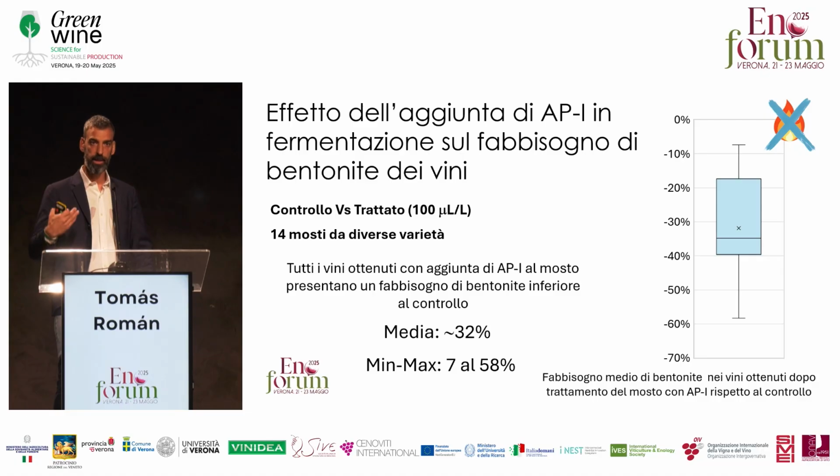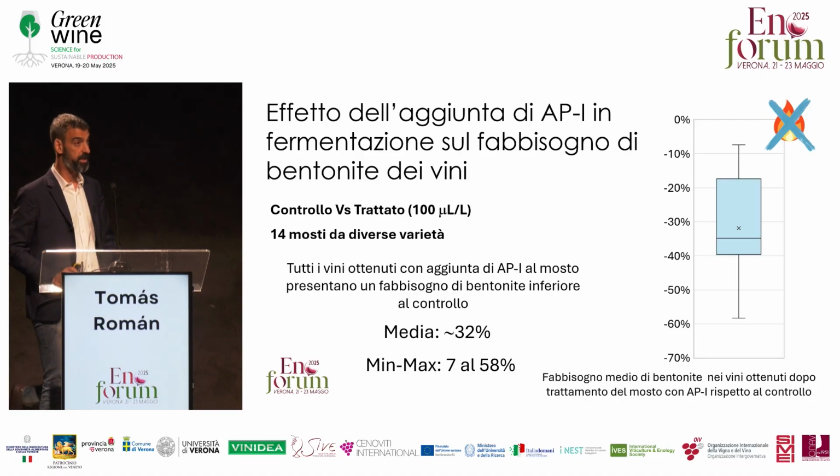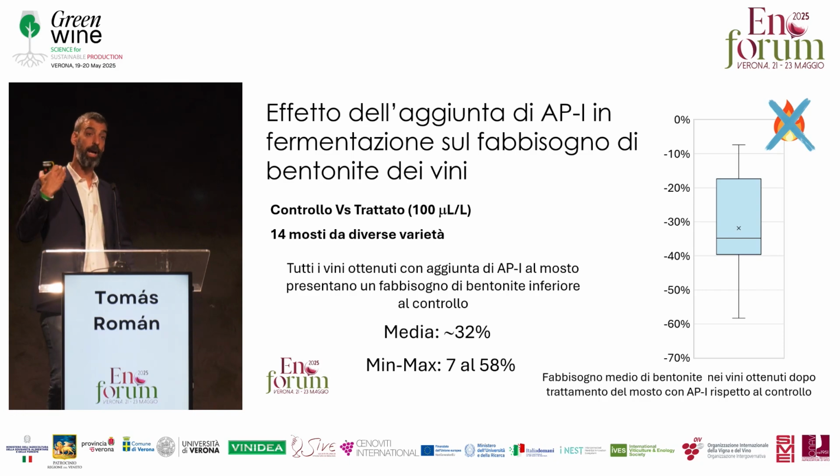And so these are varietals which, from an inherent point of view, intrinsic point of view, have a tendency to protein instability, just like all resistant varietals. And everything was measured in terms of bentonite requirements. At the end of alcoholic fermentation, we could save the amount of bentonite by 30% approximately, but with a variable situation according to the wine, from 5 to 7% at the lowest end of the bentonite saving scale, and 58% at the high end of the scale.